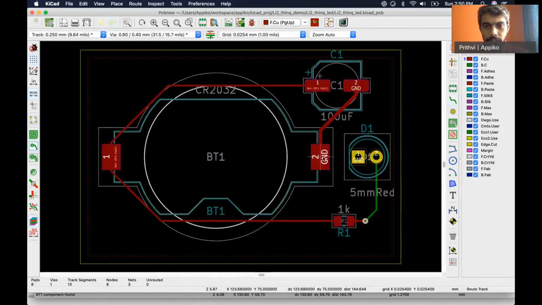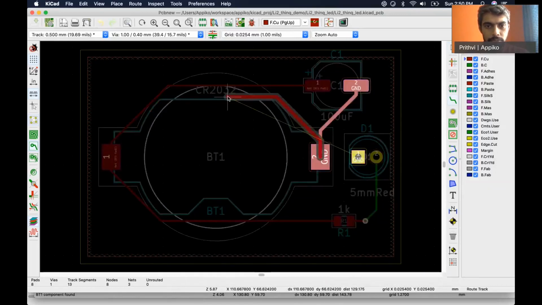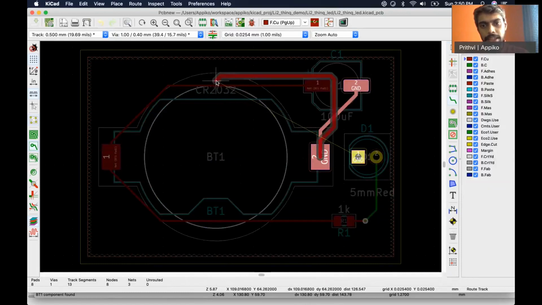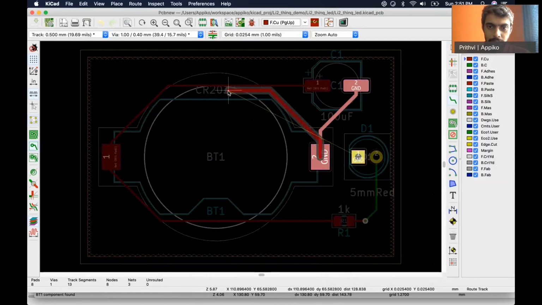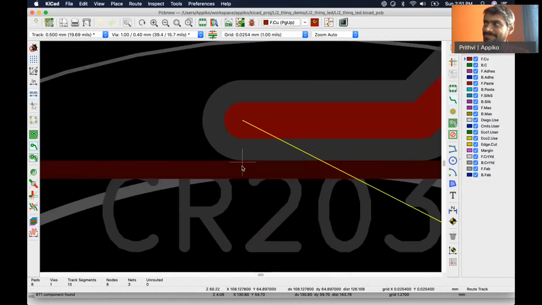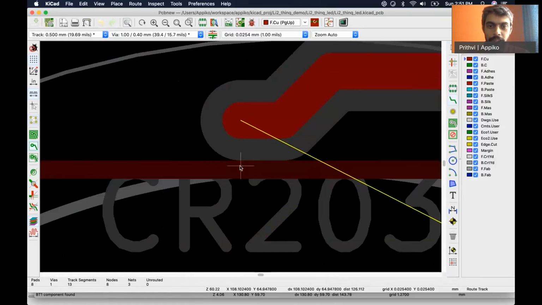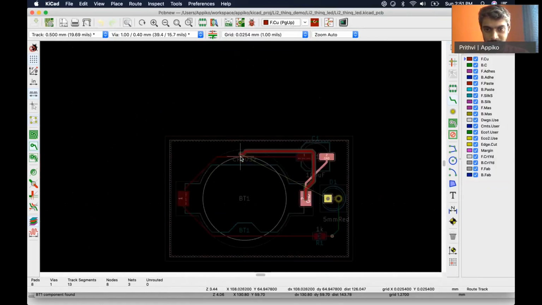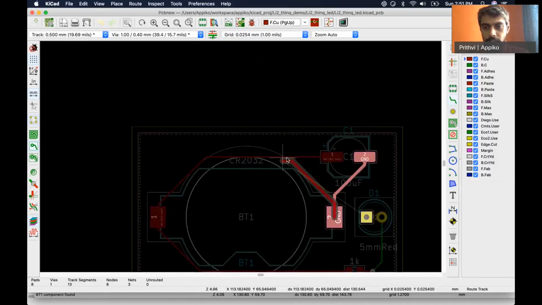Now if we try to get this track above this line, you can see that it automatically moves the track around here so that it does not come over this particular track. So that is quite helpful from KiCad.